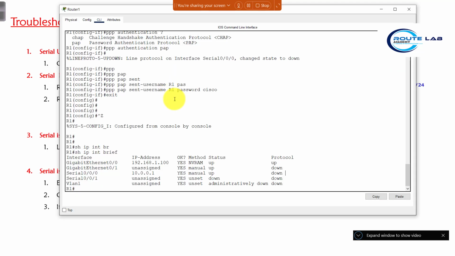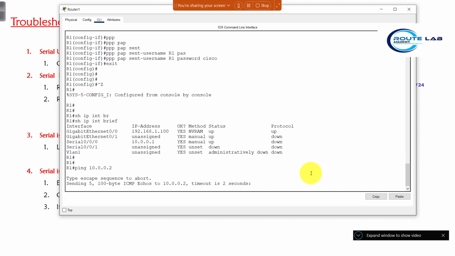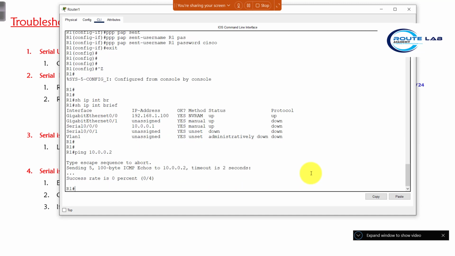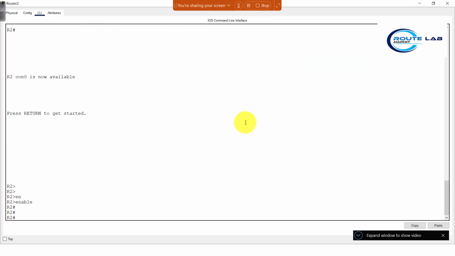So that's the reason here we are seeing now up and down status, and if I try to ping to my opposite end, I'm not able to reach that. Response was not getting, which means the authentication was mismatching. So let's go to R2, configure here,